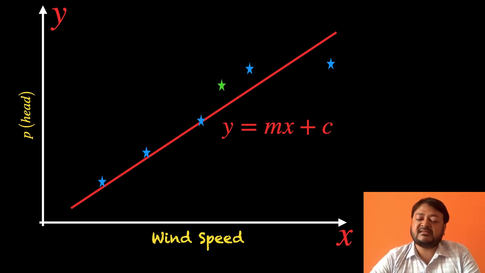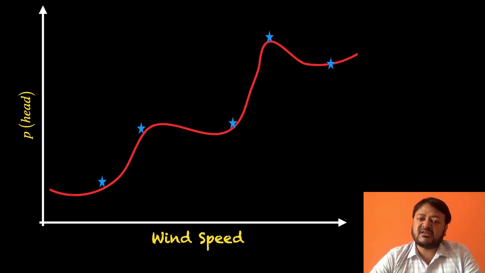A straight line is just y equals mx plus c, and you can do linear regression. Using the method of least squares, you can find out the slope and the intercept of the straight line for a given set of points, and using that you can do your prediction. But sometimes the data is such that a straight line fit doesn't quite work. Now I have changed the data points, and if your data looks like this, then a straight line is not really a good answer. So in this case, what do we do?